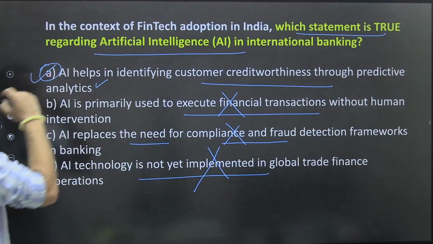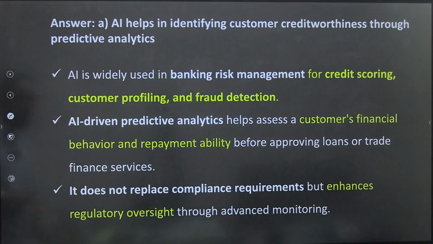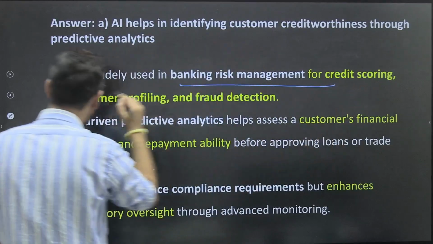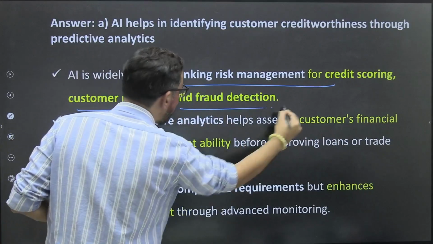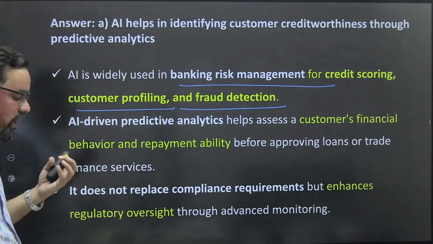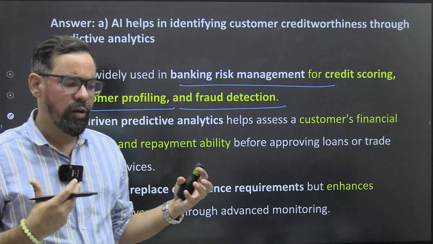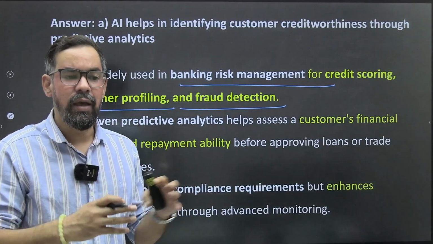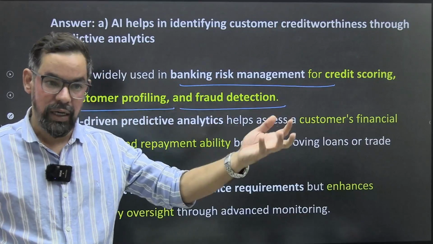तो आसान था, A will be the right answer for this one, ठीक है। AI is widely used in banking risk management for credit scoring, customer profiling and fraud detection, ठीक है। So generally it is a kind of, जो ह्यूमंस के द्वारा जो इंस्ट्रक्शंस उसको दिए गए उनके हिसाब से they can handle multiple data and big data,